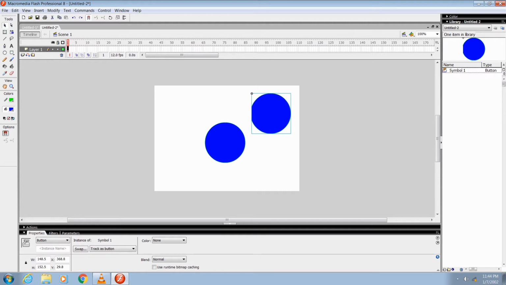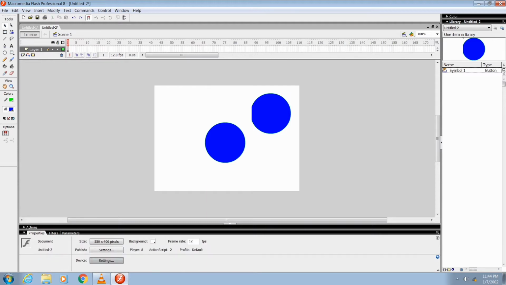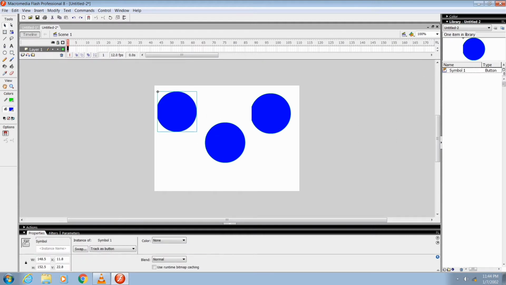Whatever object we had made, that is copied. Okay, you can create as many instances as you want. I have created 2 instances of Symbol 1 and then I can work with these instances.